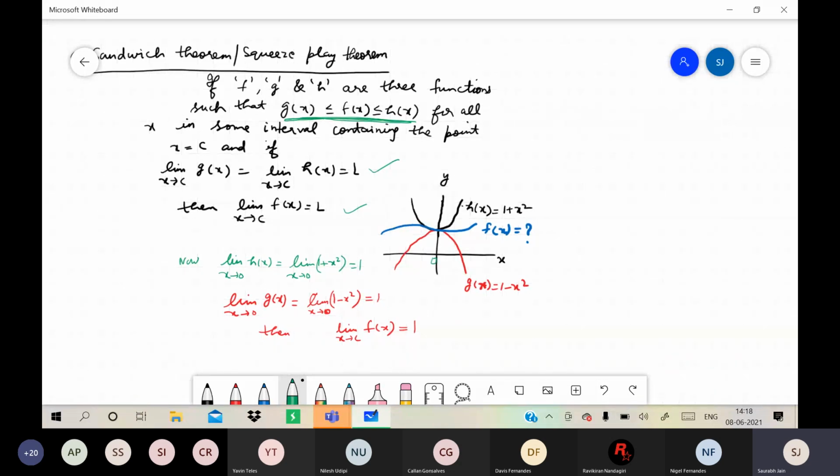Okay, but obviously this type of question won't come, that is very simple. However, it can be taken as a class example of this theorem. But now let us use this to solve some questions. So the first question is also simple because the relation is already given. They have already given that f(x) lies between these two. So it is a direct question. Then we have to find the limit of f(x) when x tends to 4.